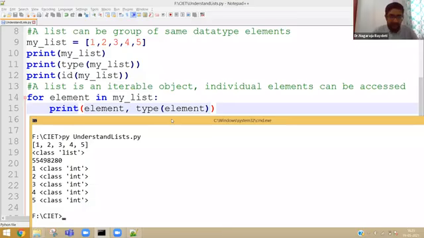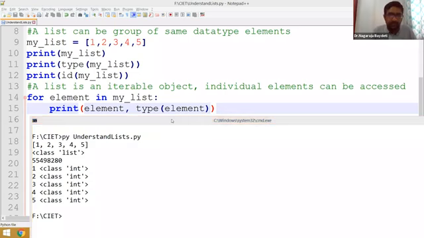So let me directly write in the annotation text box so that it is easier for you to refer to. My list is an object of class list where 5 integer objects are stored.